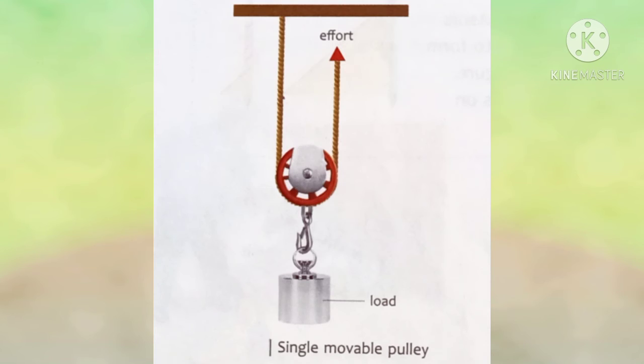But the single movable pulley system is a combination of two pulleys. In this kind of pulley system, a load of say 100 kg can be raised by an effort of 50 kg. You might have seen a crane lifting a heavy load. A crane is a practical application of a lever and pulley working in unison.